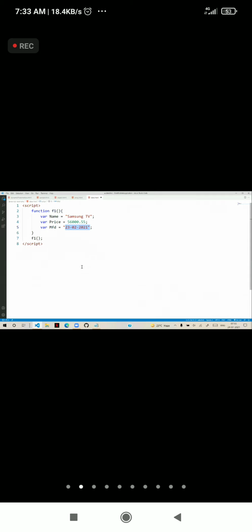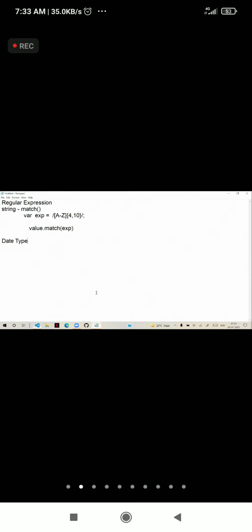So how do we store dates and configure them? In JavaScript, dates are handled by using a Date object.